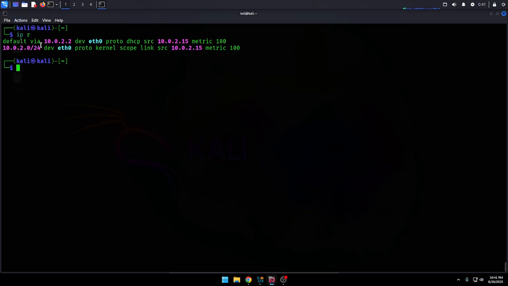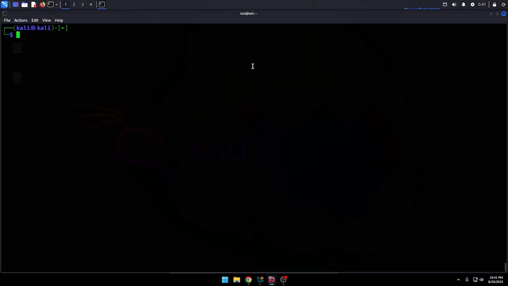So by default is via this IP address on interface Ethernet 0 using DHCP, and it's coming from this IP address. Same thing down here, and it's using kernel scope link from this IP address. So that's how you can kind of see where your IPs are going and all that kind of stuff. We will go over more networking commands later, in a different video to show you how to start getting into network attacks,